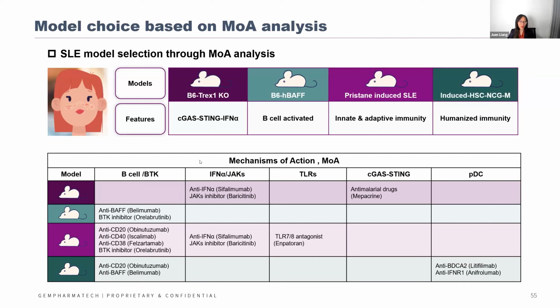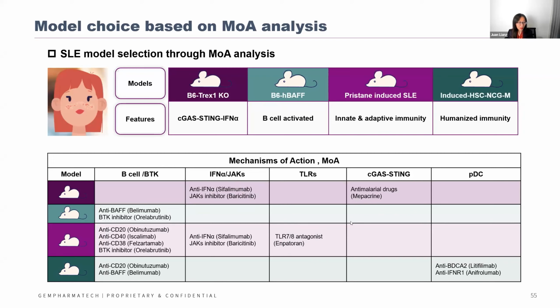So with analysis of the drug mechanism of action, we could match the drug with the suitable animal models to facilitate the drug efficacy studies. If the drug is targeting type 1 interferon or is a JAK inhibitor, we will recommend the TREX1 KI mice. If the drug is specific for BAFF or it is a BTK inhibitor, we will highly recommend using the B6 humanized BAFF mice. If the drugs are targeting TLR7 and 8, the pristane-induced mice model could be suitable